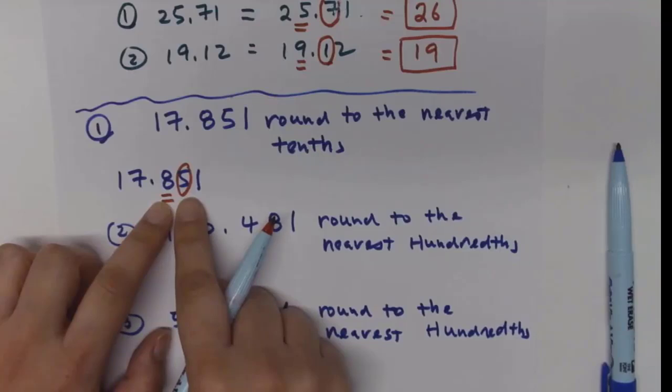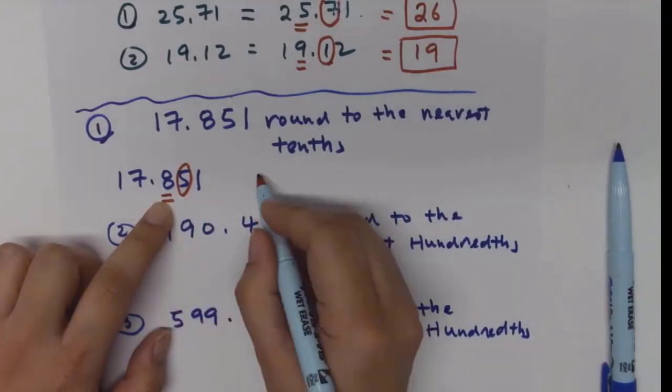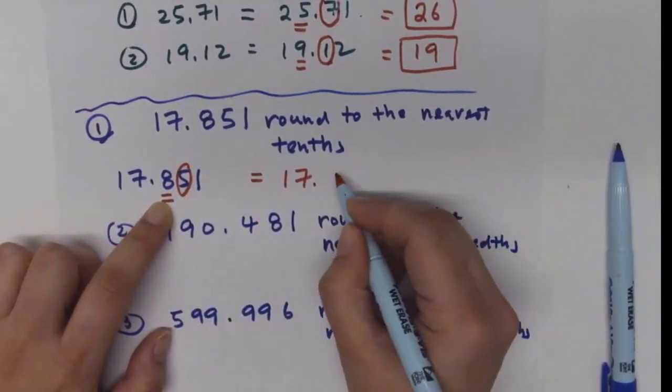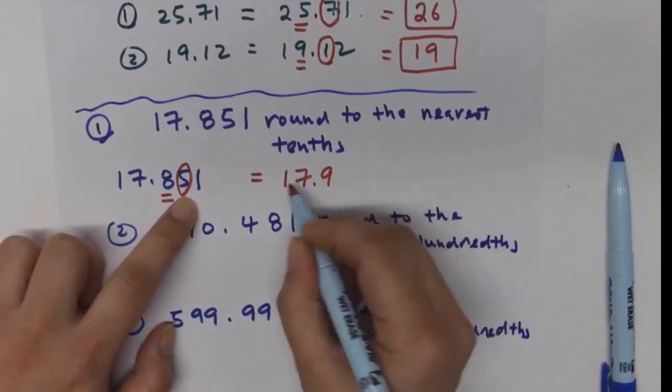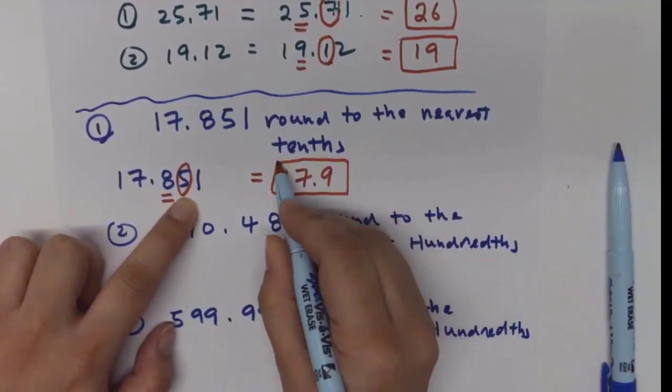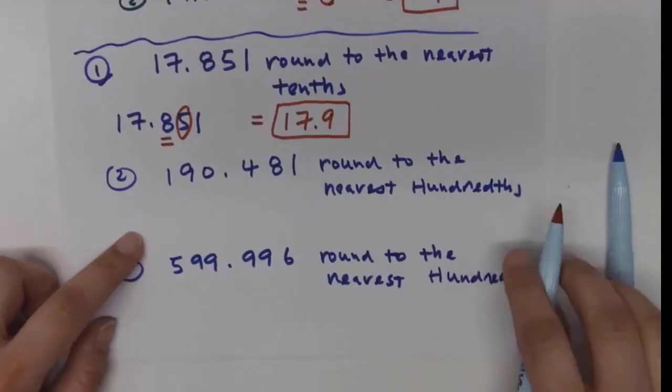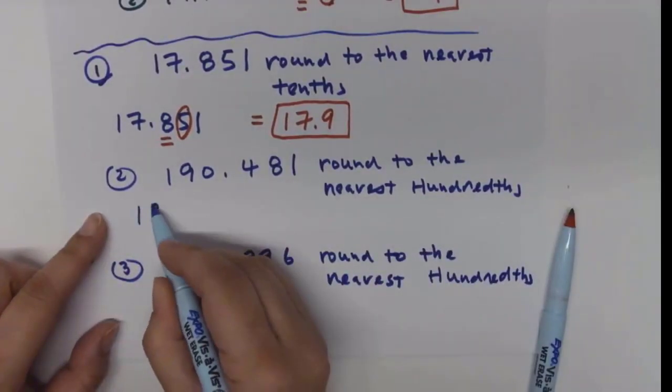This one we are going to round to 17.9, because 5 is 5 or more, right? So we round it up to 9. Is that okay? The next one, I'm going to write this number one more time,